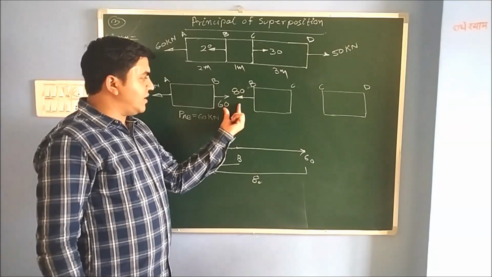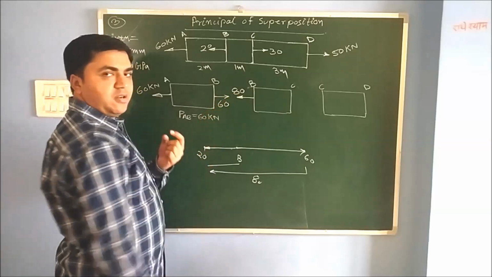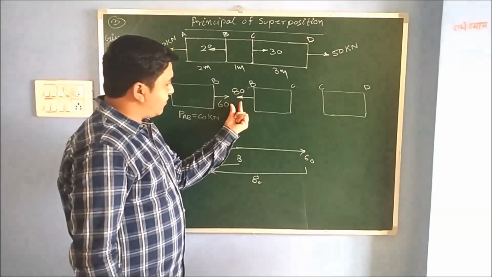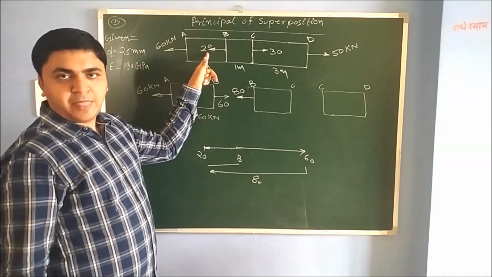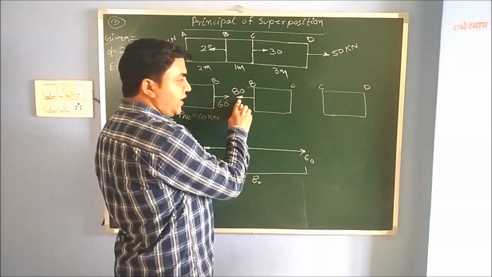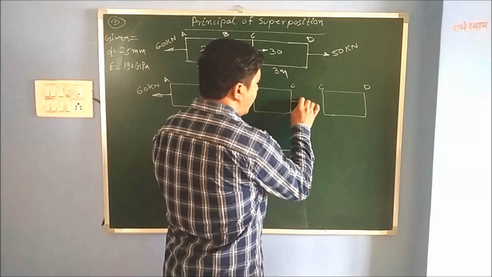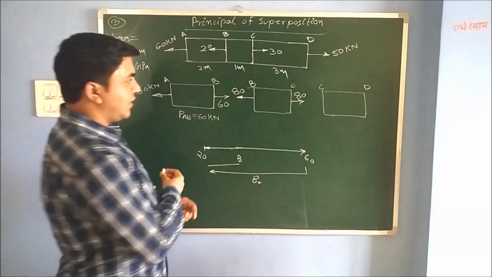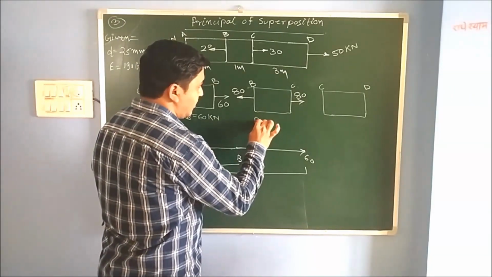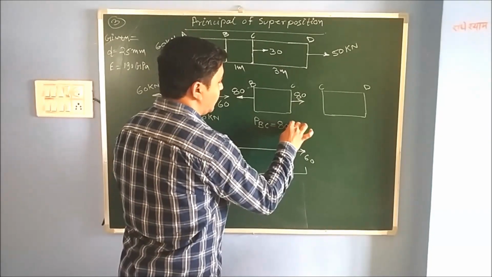So if you find out the algebraic sum of this one, so this is 80 on left side and 60 on right side. So algebraic sum of this one will be 20 on left side, and this is the value. Okay. So अगर यहाँ पे 80 का फोर्स लगा है, तो BC सेक्शन को इक्विलिब्रियम में लाने के लिए यहाँ पे भी 80 किलोन्यूटन का फोर्स अप्लाई करना पड़ेगा. So now force on section BC is equal to 80 kilonewton.